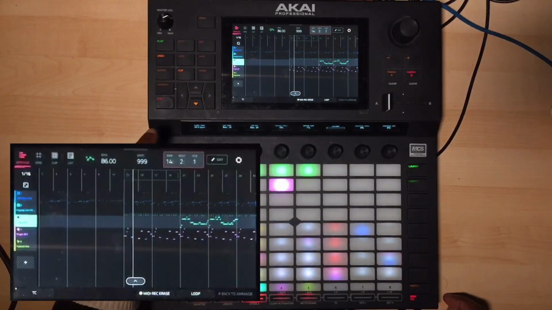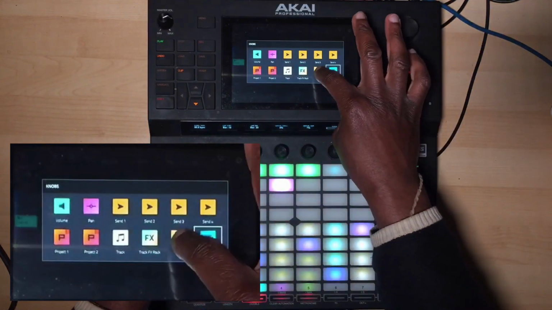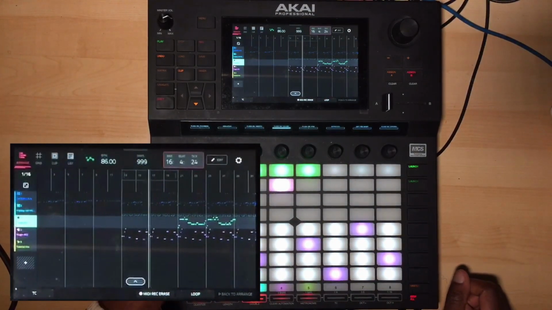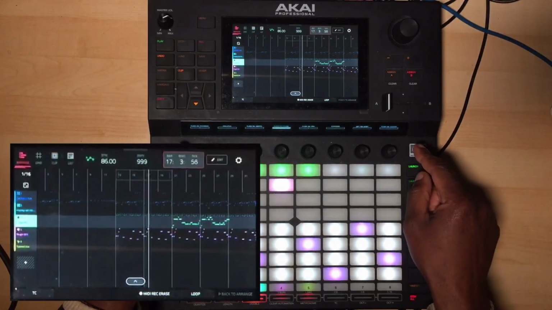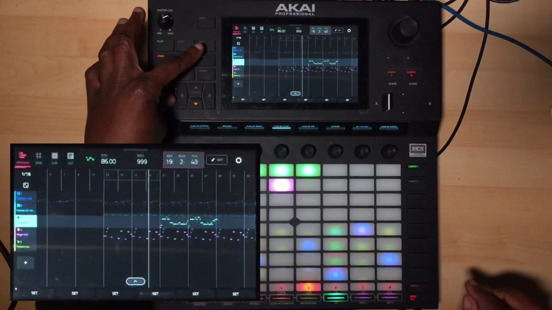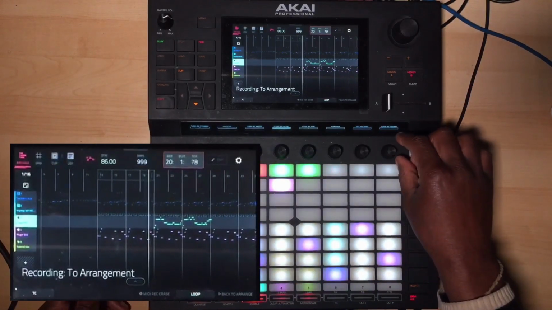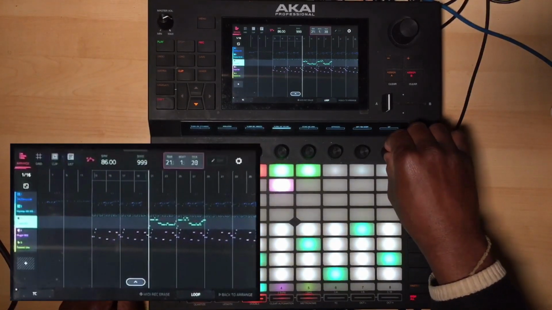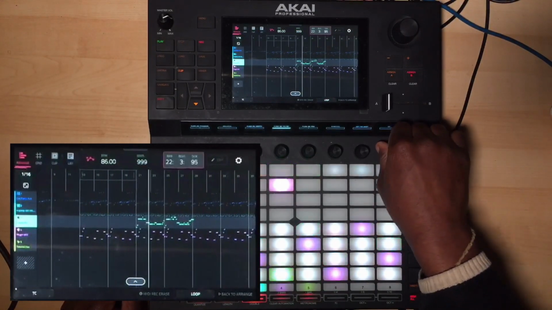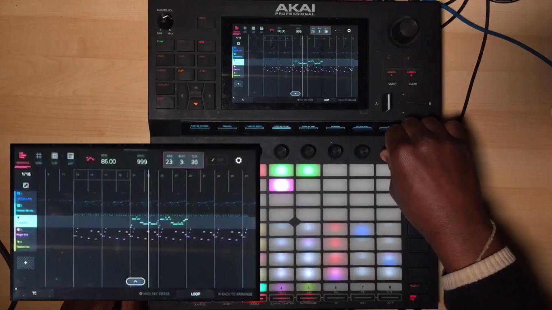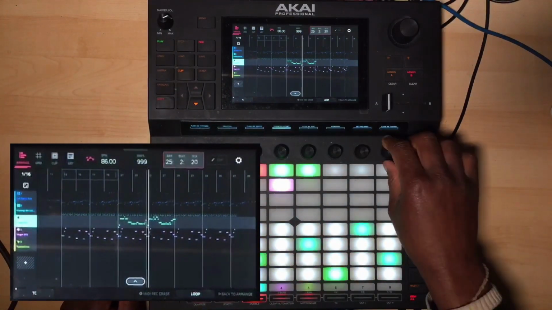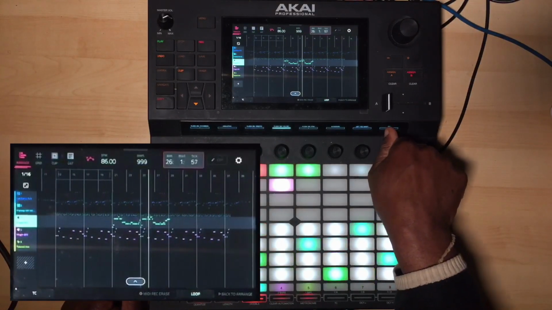What I might say to myself is, do you know what? Because that piano, I want that piano to sustain and do a few things. So now, this is doing that, and then I'm on this channel now where the piano is, and I'm going to add some more automation in here by using the MIDI. Bits of sustain,